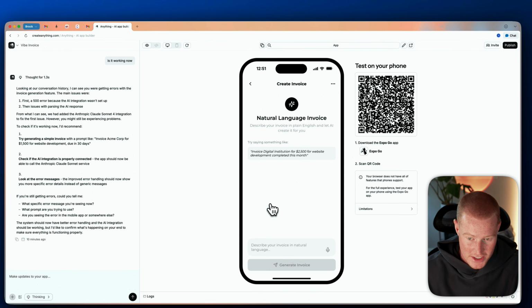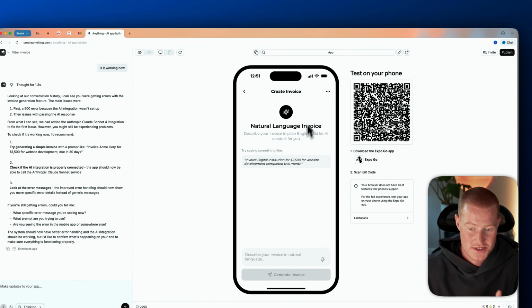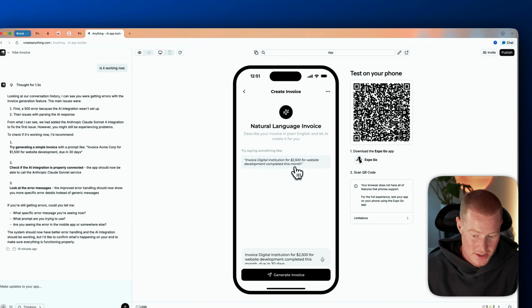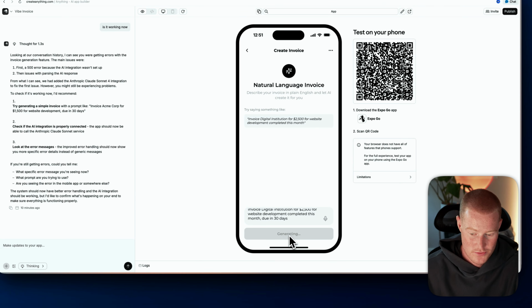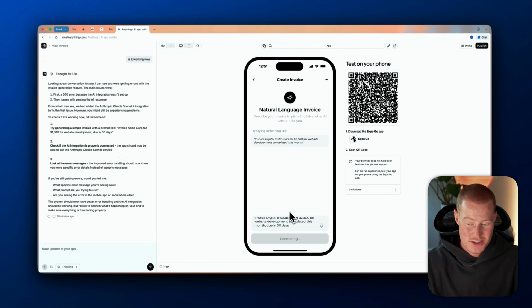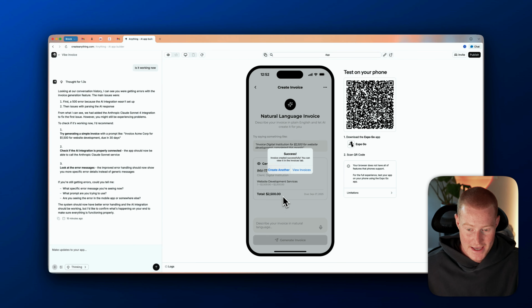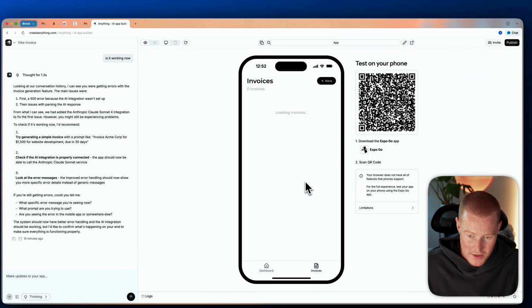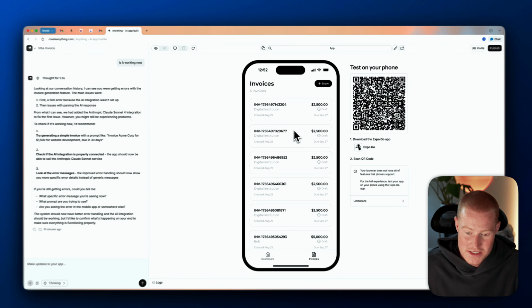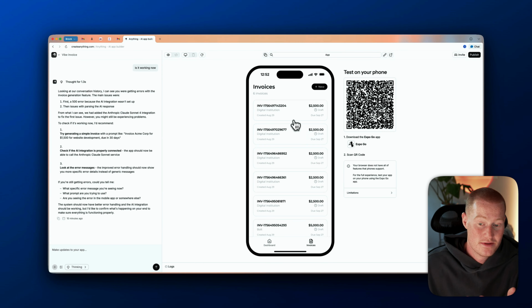So if I click on this AI create button here, we then are brought to this natural language invoice prompt. I'm just going to click on this preset one, click on generate invoice. No error message so far, so that's a good sign. And there we go. You can see we have this invoice generated. We could click on view invoices, and now we have all these different invoices that we actually have created using